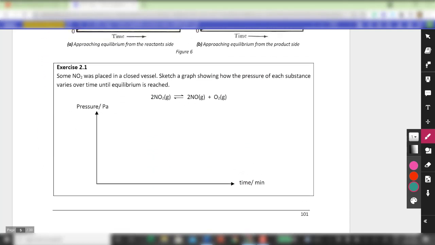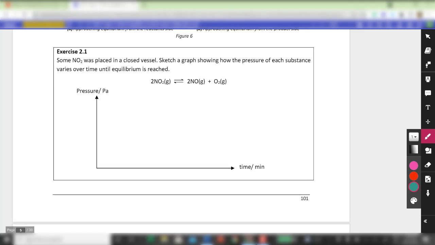Okay, so now we have an exercise 2.1. It goes something like, I have some NO2 in a closed vessel, and then it asks you to sketch a graph to show how the pressure changes. Remember earlier on we talked about concentration, and now we are talking about pressure. For some of you wondering how come we can just swap the thing around,